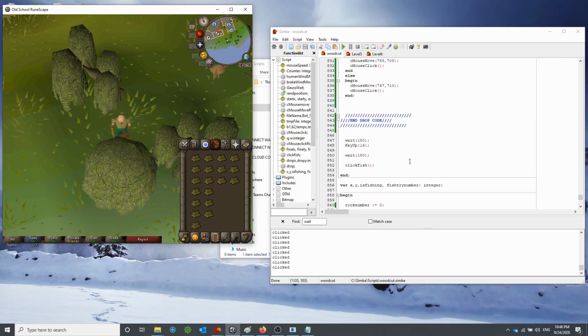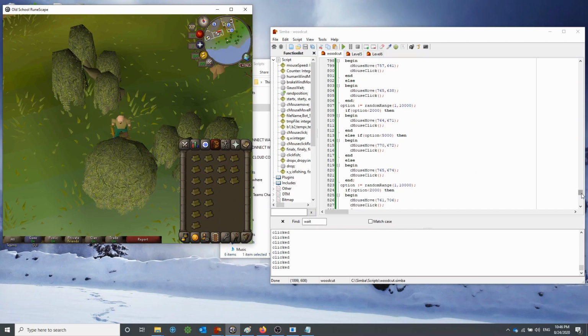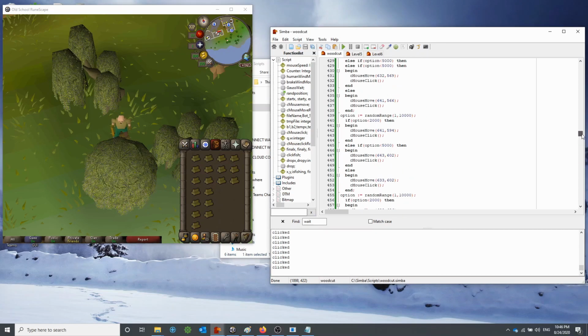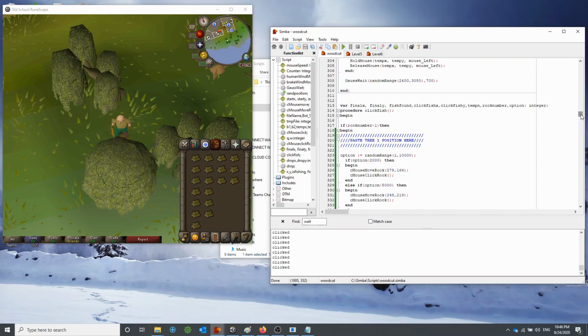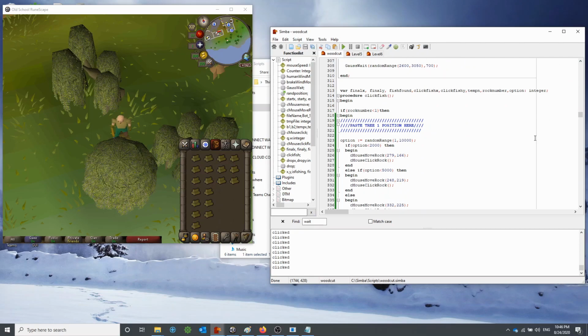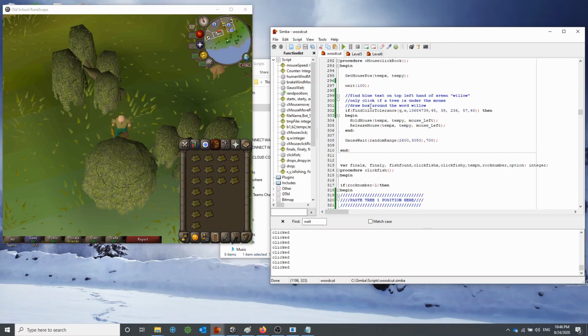And just another note, if this script doesn't work for you, say it doesn't click the tree or it doesn't drop the logs for you, it may be these two lines up here. I'll just quickly show you where they are. So here it checks whether the mouse is over the tree or not. It's not going to click the tree unless it detects a willow text on the top left hand corner